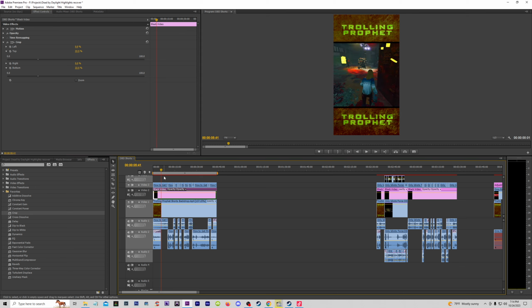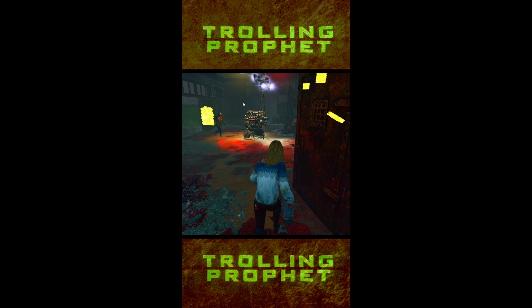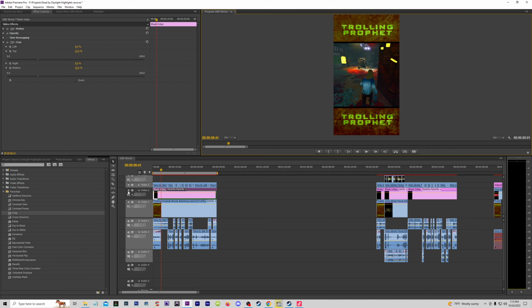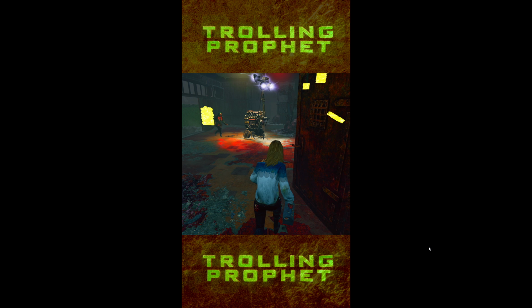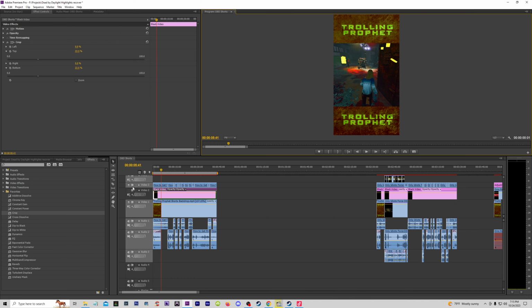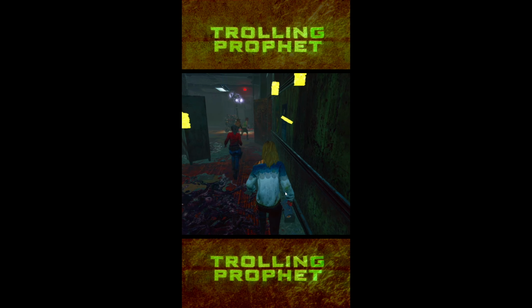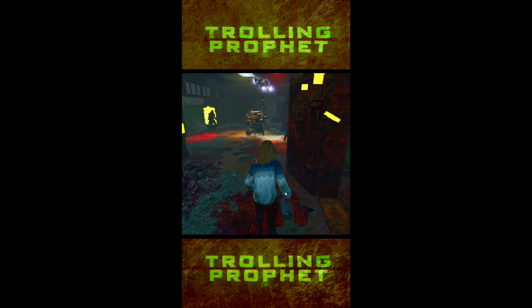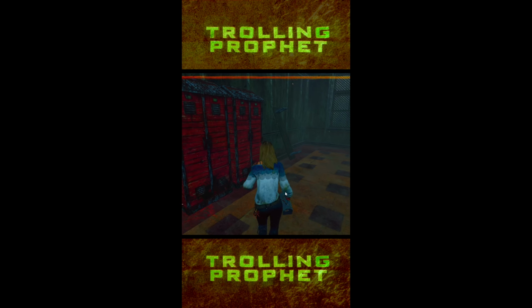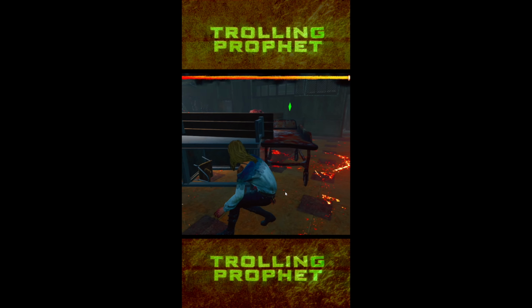So you can see that as you zoom into the picture, I have black bars above and below the picture, which to me looks better than this. I like it because it puts the picture in a frame. I think it looks more pleasant to watch it like this, right? So you watch it and it's got the black bars, so it separates the trolling profit background from